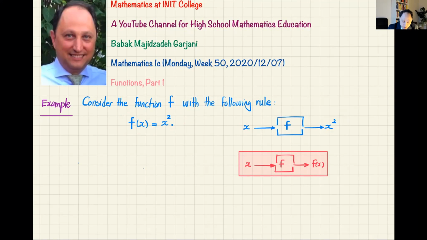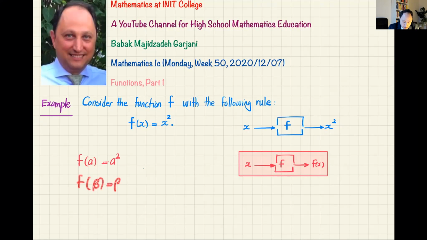And then what I want you to understand is that the name that you use for the input is totally irrelevant. It doesn't matter what name you use. For example, I can say that f of a is equal to a squared. This gives me the same information as here. But what I have done, I have changed the name of my input to be a. I can write f of